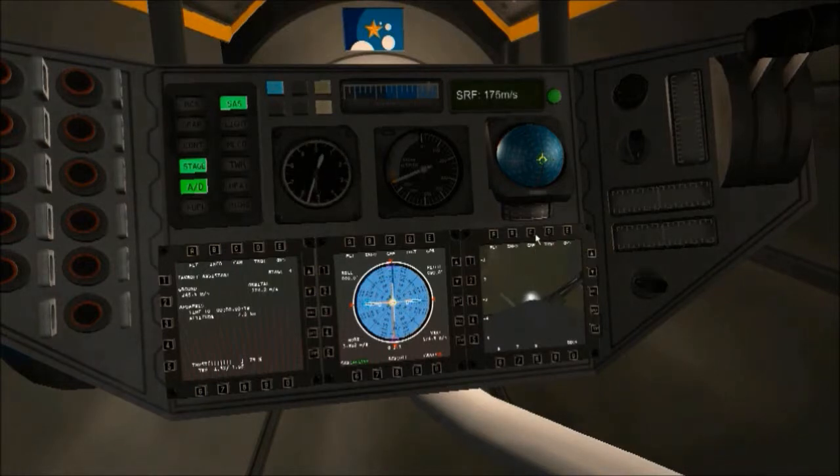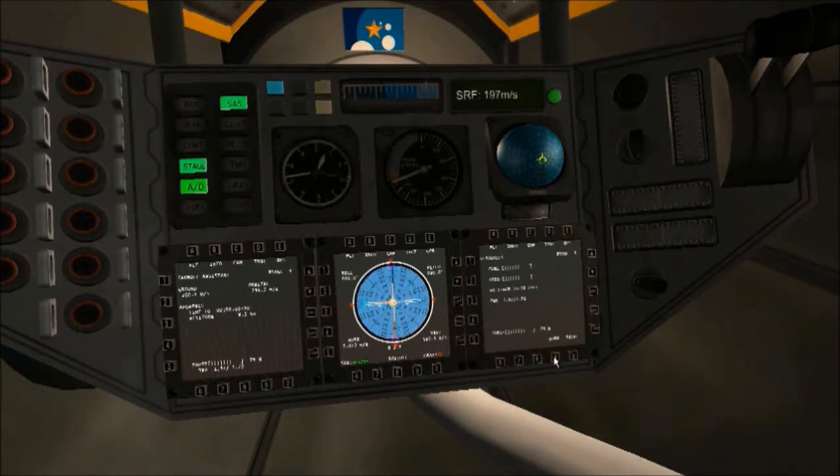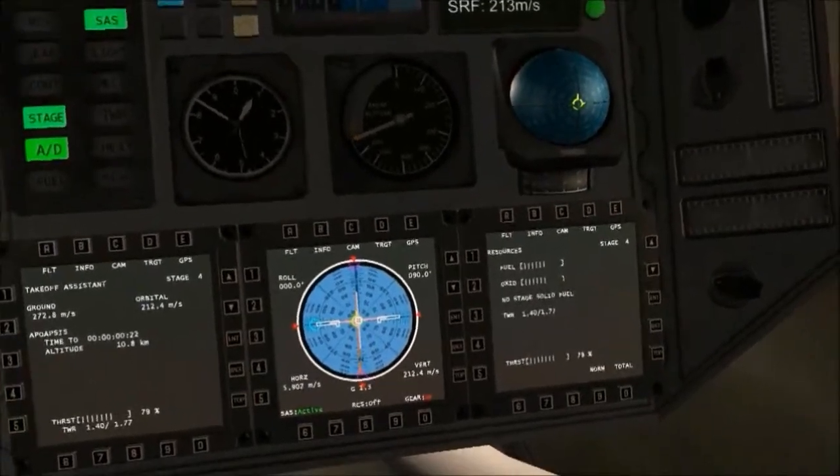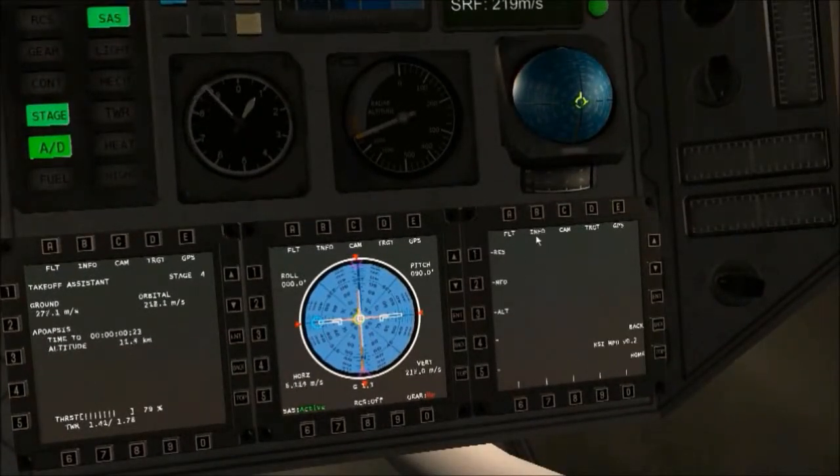Without my overlay, I don't know exactly what the fuel quantity in my tanks is, so I have to kind of decide when to stage. When do I do it? And obviously you do have cues. You have your audio cues that you can go off of. I have pages set up here that do give me the information that I want, but it still feels